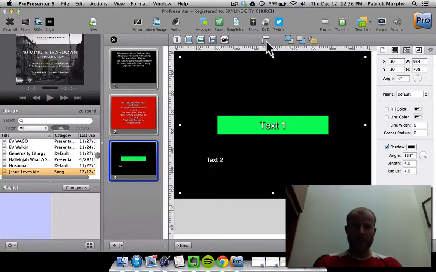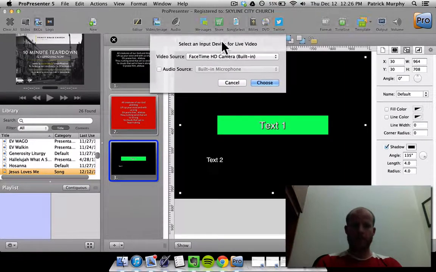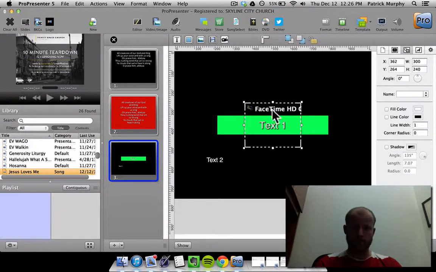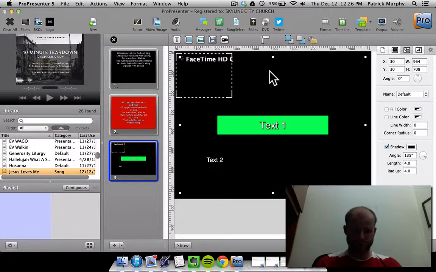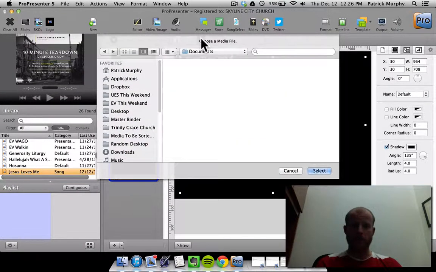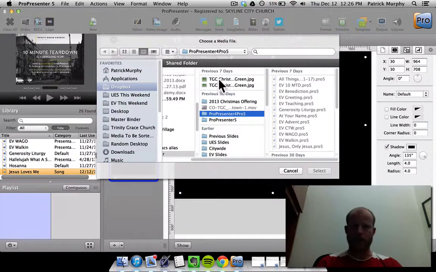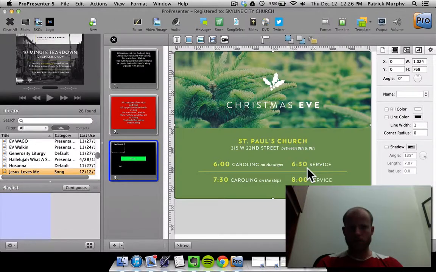I can also enable this ruler that shows me where things are. This is kind of interesting. I can add in an audio source and a video source. Choose. And I can put that right there. I can add in an actual movie or an actual image. And when I click one of these, it says, what image do you want to add? Let's just try this TGC Christmas offering. And boom, it shows up. And I don't want it to be that